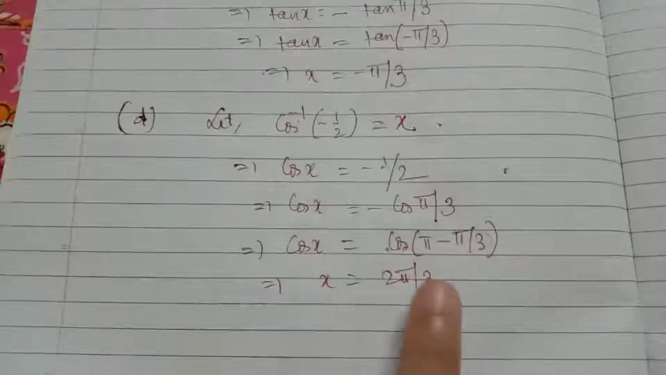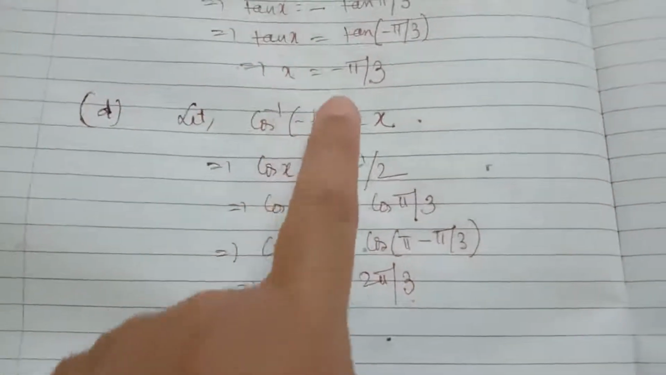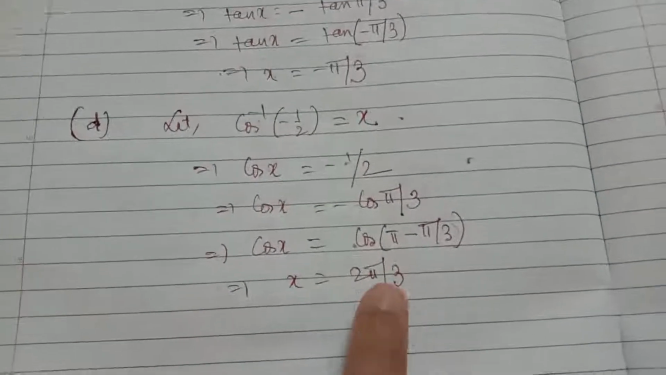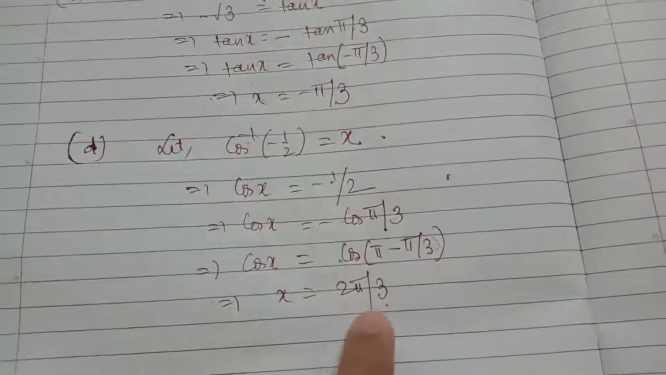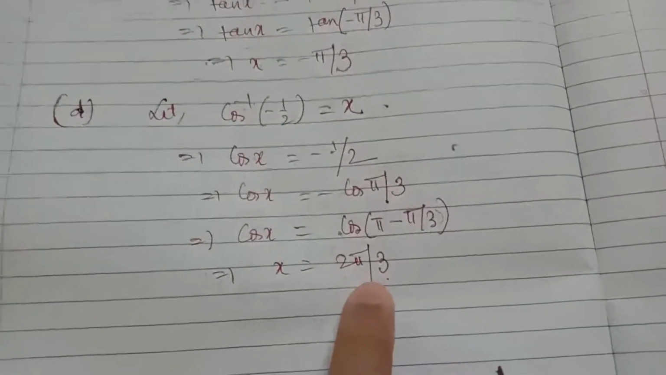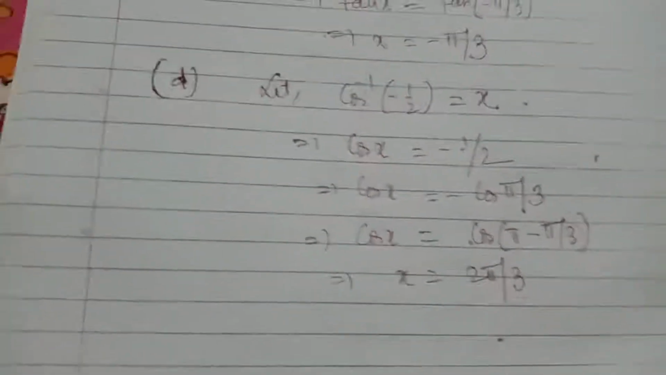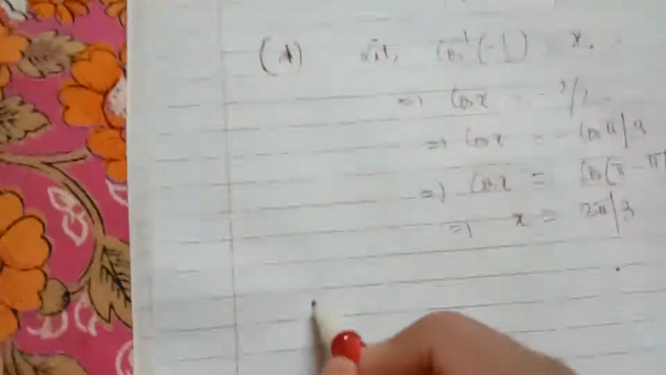So this is the value of cos inverse of minus half. Range of cos inverse is 0 to pi, 0 to 180 degrees, and 2 pi by 3, you can see, lies in the range 0 to pi. Next question is